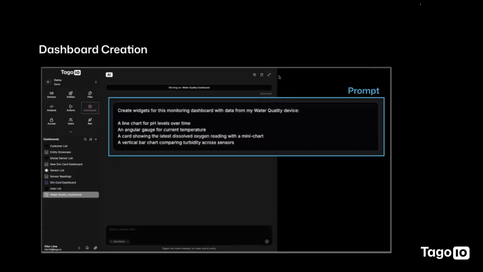Inside this new beta platform, you will see these star buttons that open the AI chat. And one prompt I have here to demo for you is asking the AI to create widgets in my dashboard. I already know what I want here, like a line chart, an angular gauge, a card, a vertical bar chart, but you can feel free to explore and ask AI for suggestions on your dashboard. And once you press the send button,